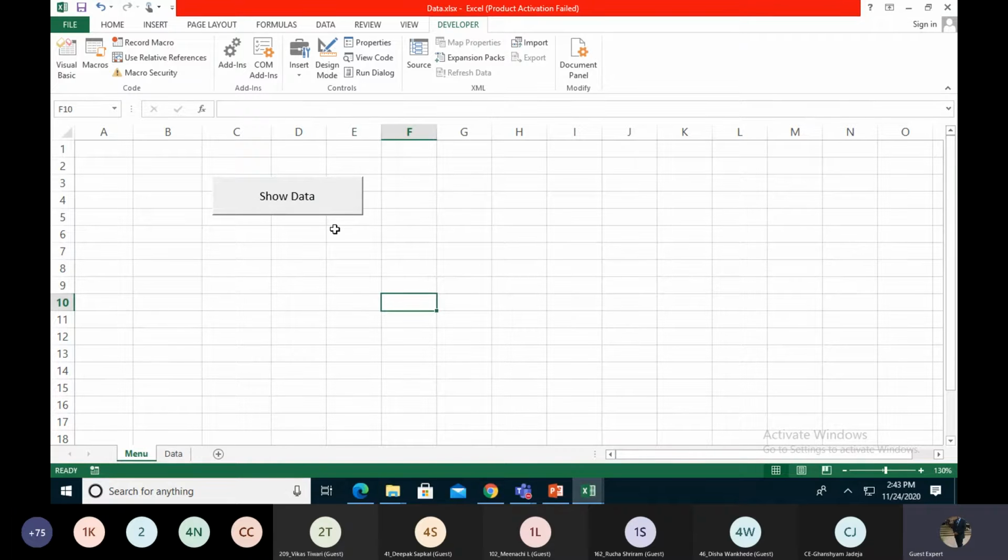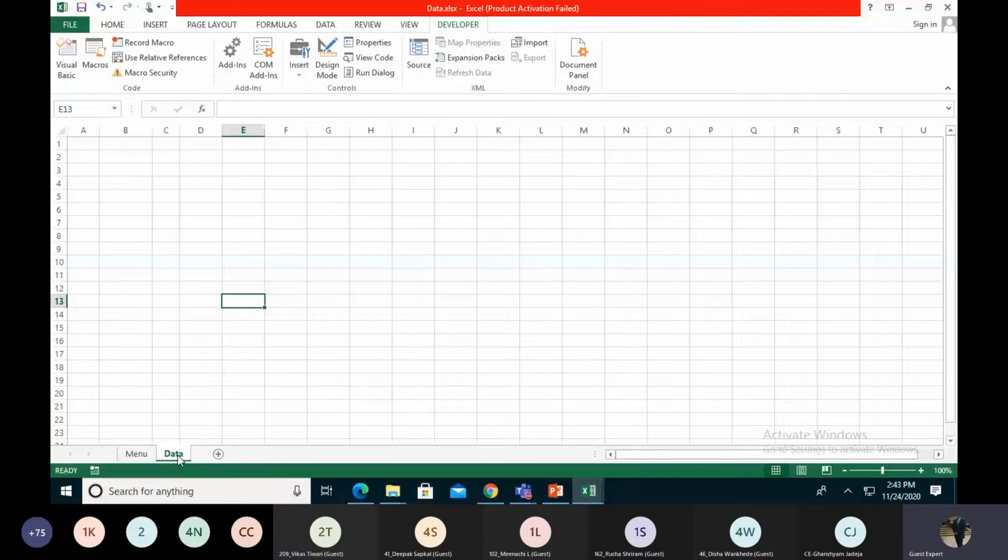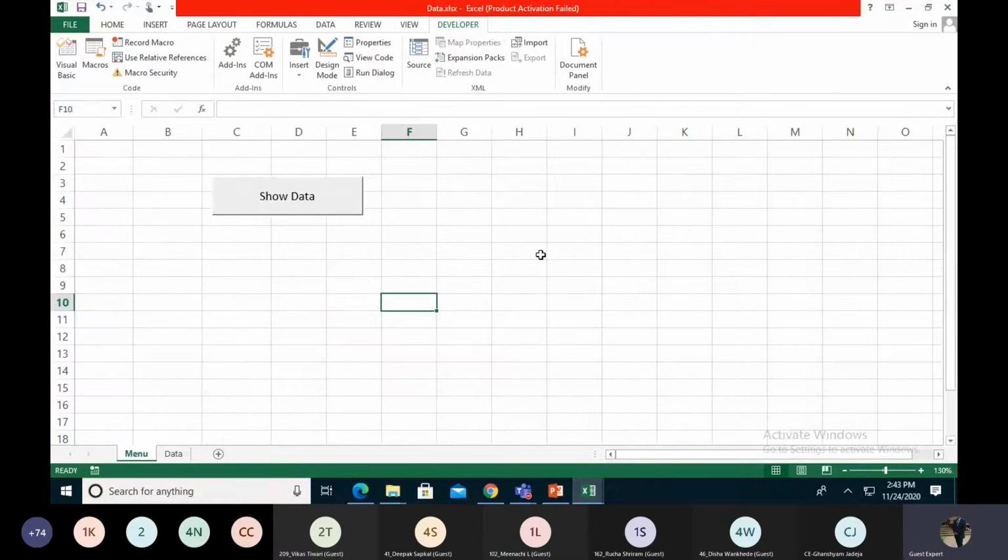If I'm giving an Excel sheet to any person, they don't know the shortcut key. What is the shortcut key used for the macro? Just like Control Q, they don't know about Control Q. So I make a button. When they click on this button, the whole data is fetched from the notepad and stored into the data sheet. Okay, in this data sheet. So for that purpose, we also need one more command.